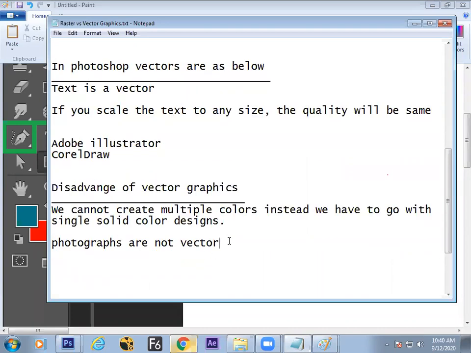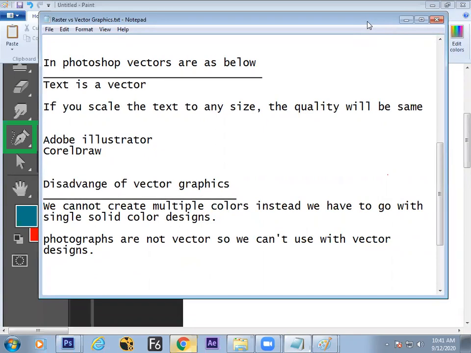Photographs are not vectors, so we can't use them with vector designs. When you are designing with vectors, we have to avoid photographs. If we use them also, there is a limitation. Photograph will be raster. So when you want to scale up the design, that is not possible.